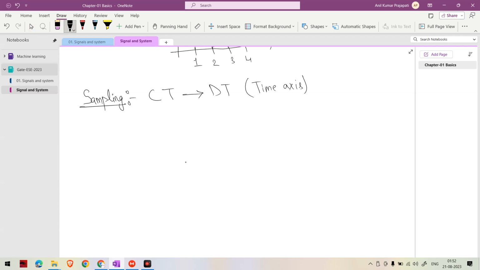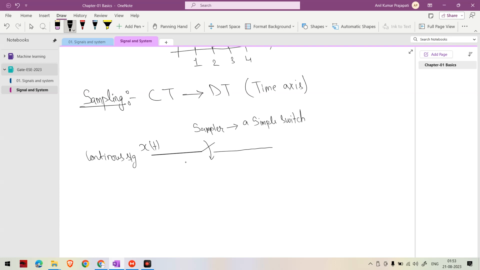For example, a sampler is basically a simple switch. Take a simple switch. This simple switch we call a sampler basically, or I will write a simple switch on off. So it takes a continuous signal, let's say x(t),